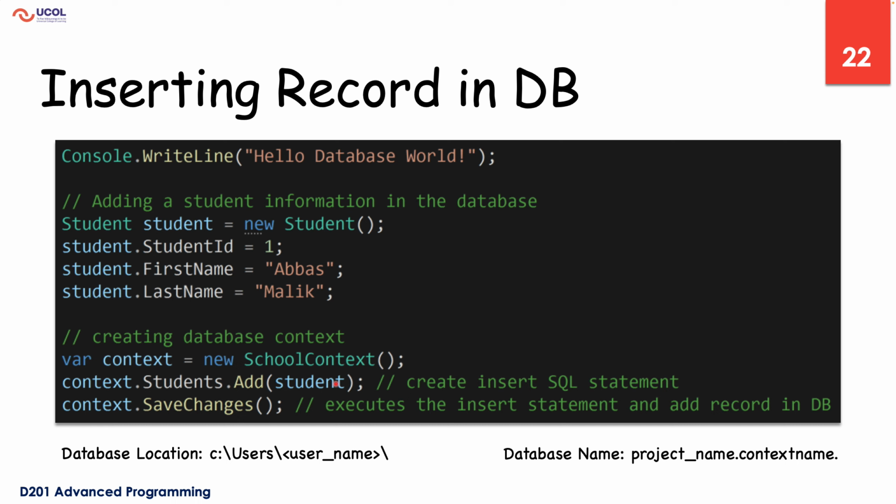So what it will do, it will open that particular LocalDB engine. It will create a database with the name of your project name dot the class name, the SchoolContext. So the context name represents the SchoolContext, and the project name is, for example for this demonstration, I have created a DatabaseApplication. So DatabaseApplication.SchoolContext will be the name of that particular specific database, and normally it is saved